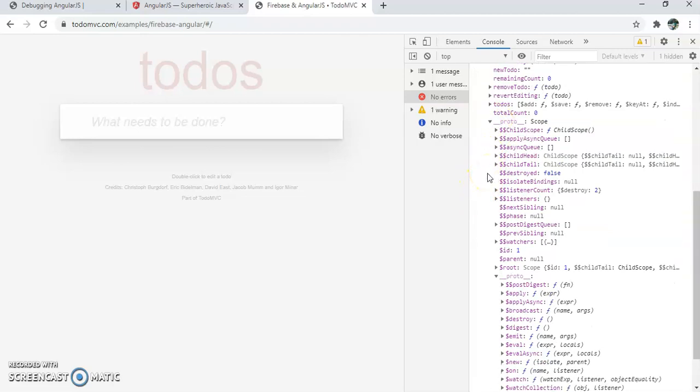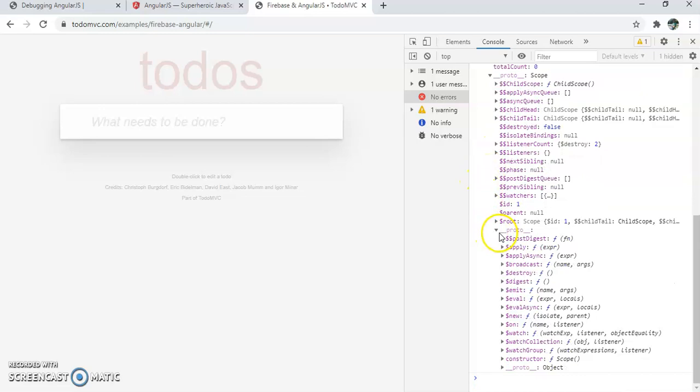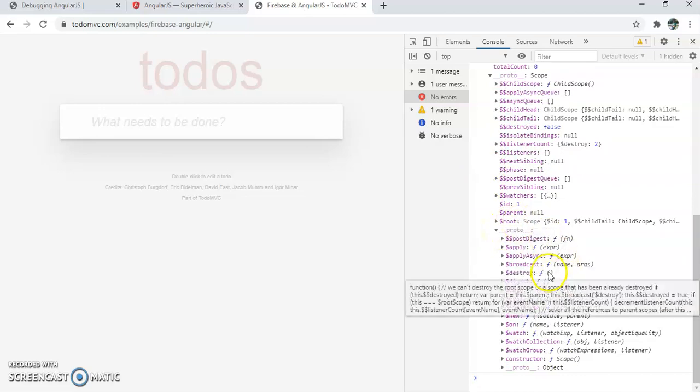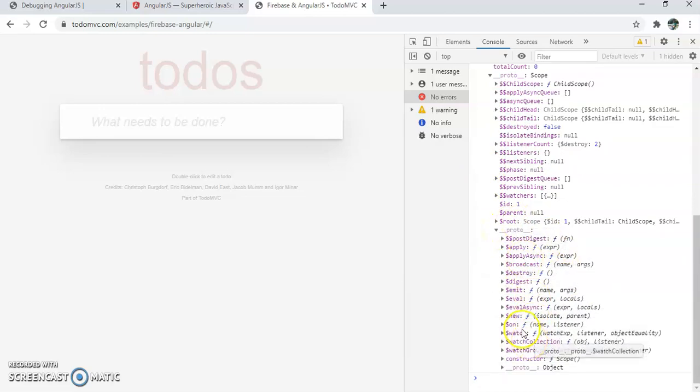After clicking on the prototype, we will again see a __proto__, and we have to click on that. After clicking there, we have to choose any one function as we want.